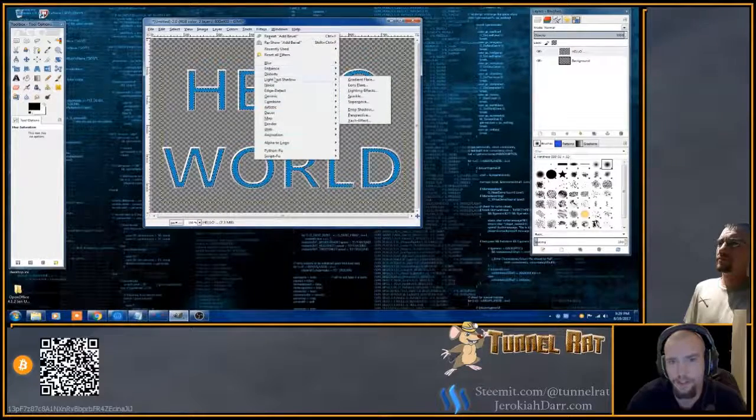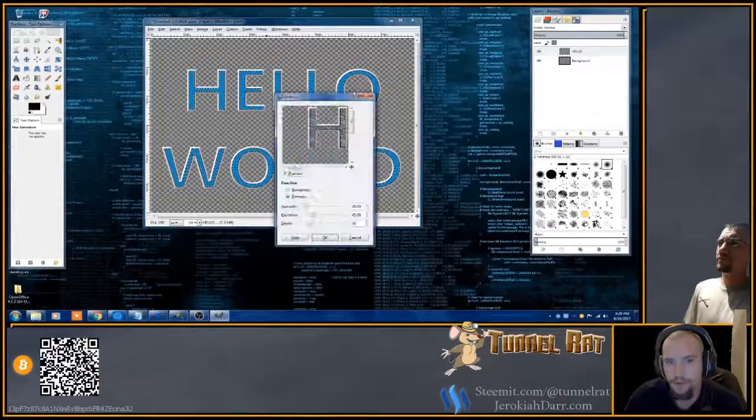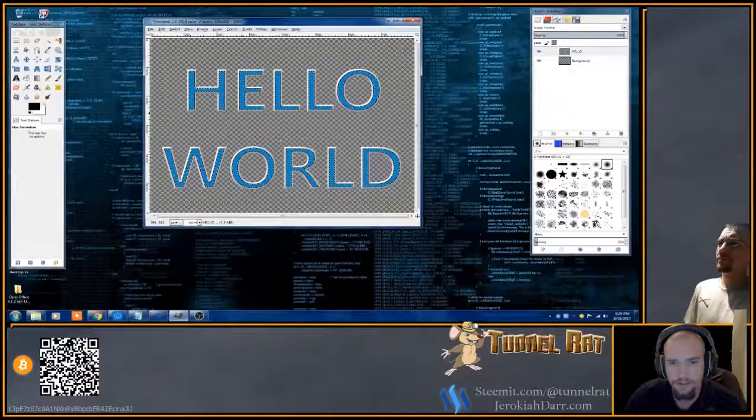Now I'm going to go ahead and show you what that looks like, because that's got its own applications, which is kind of nice. That'll be under Distorts, Emboss, and you can see in the preview window here, it basically turns it into like a metalish